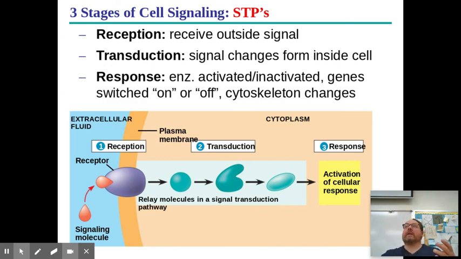So in terms of what you do, your body is an open system. There's stuff coming in from the external environment and there's stuff you're releasing to the environment. And what we do every day, what we expose ourselves to actually changes the activity of genes in our cells. So literally what you do changes who you are by switching genes on or off and having certain proteins being produced. And then cells do something. So again, genes are getting switched on and off, proteins are getting made or not, enzymes are being switched on or off, and you can even have cytoskeletal changes where cells rearrange their cytoskeletons and literally change their shapes.